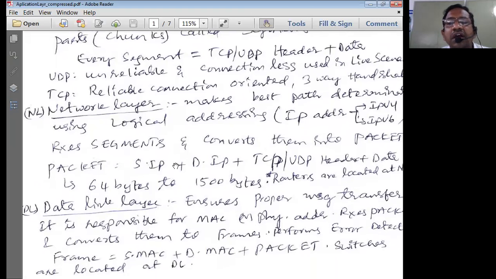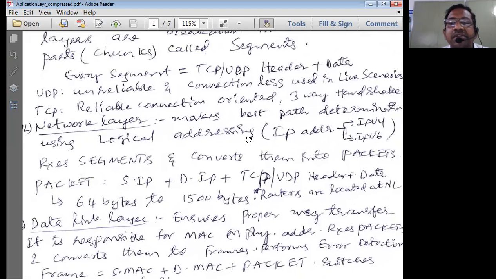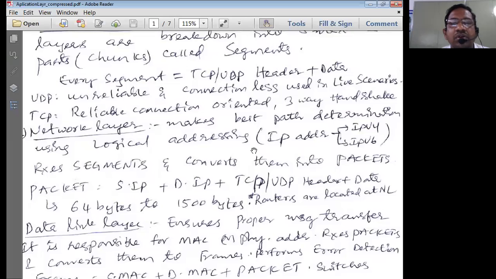Next, the data coming from the transport layer goes into the network layer. The network layer makes the best path determination using logical addressing. That means who has to find out the logical address of the destination computer in the network? It is the network layer.